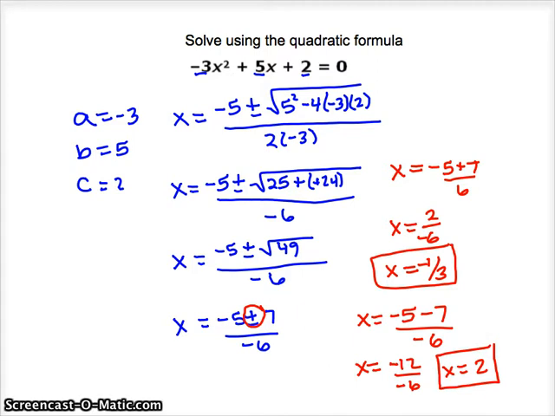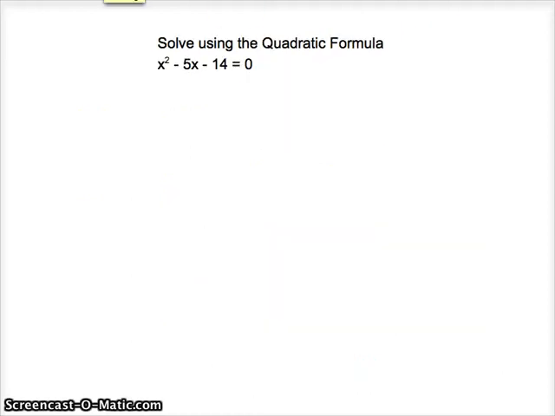All right, folks, now it's time for you to try. Let's look at the next example. Pause the video and try solving this quadratic. When you're finished, check your answer. All right, you should have identified your a as 1, your b value as negative 5, and your c value